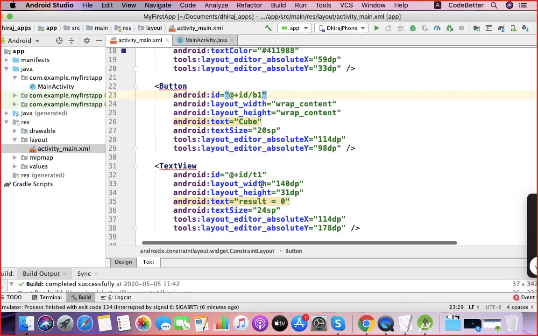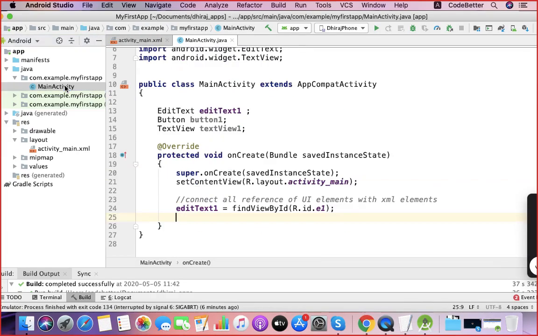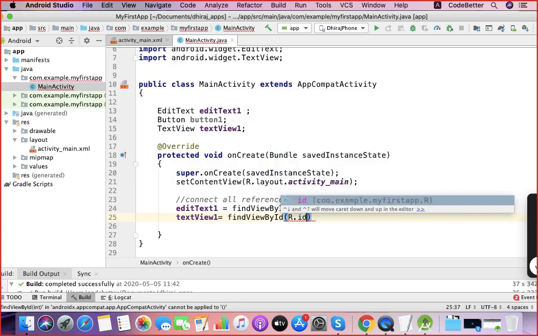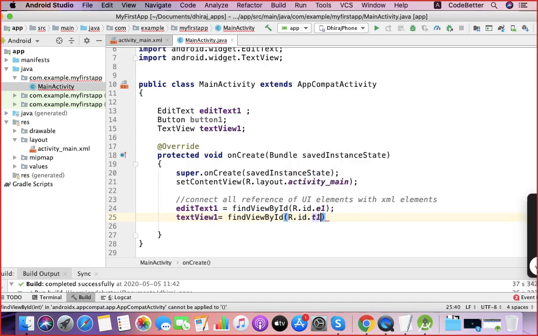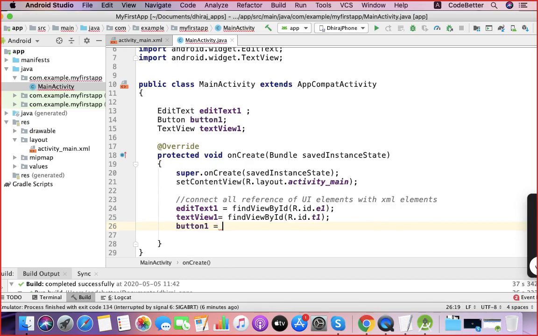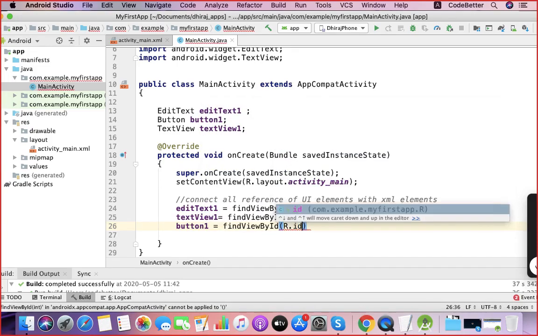So then text view 1 equal to findViewById R.id.T1. Then button 1 equal to findViewById R.id.button 1, B1, sorry. Okay.